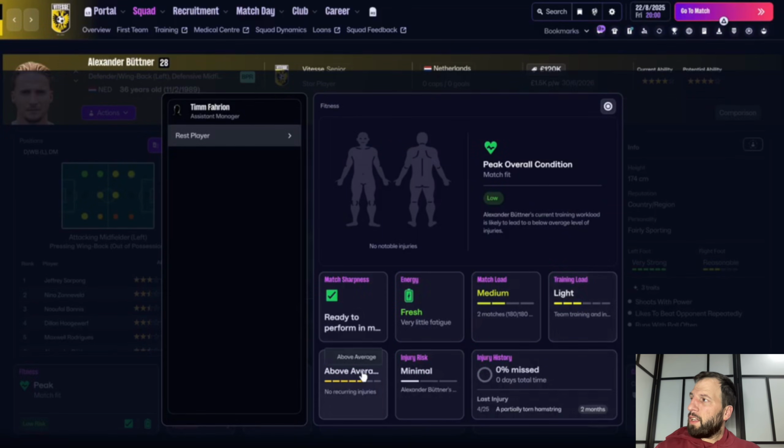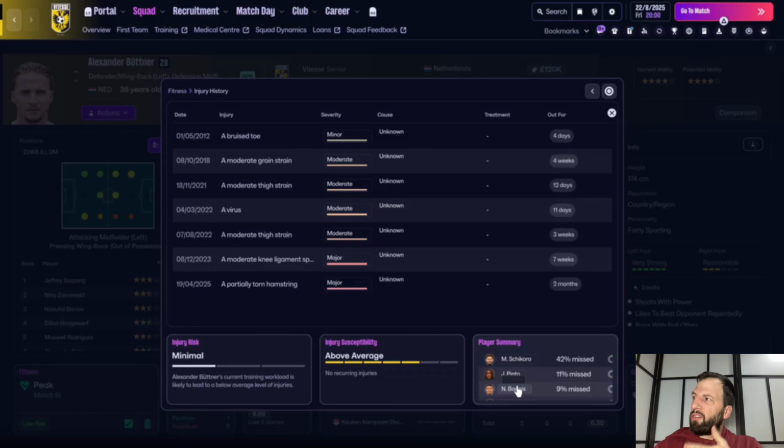It's got the injury above average. Injury risk is minimal. This screen's quite important. I mean, this is obviously a player I have, but if I was looking to sign the player and I wanted to know the injury history of that player, going into fitness would actually then give you injury history. So knowing that is a nice little tip, going straight into that, because then you can say player summary,